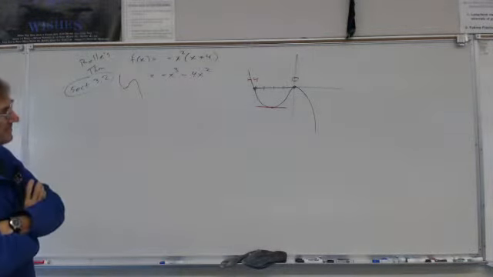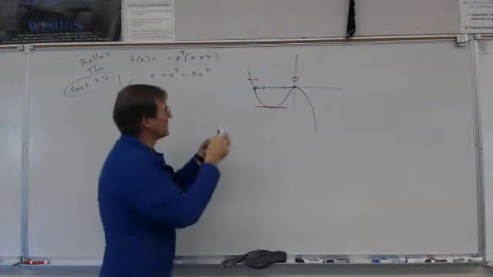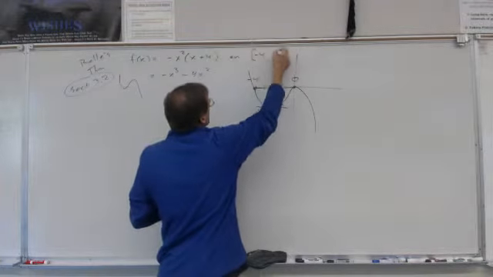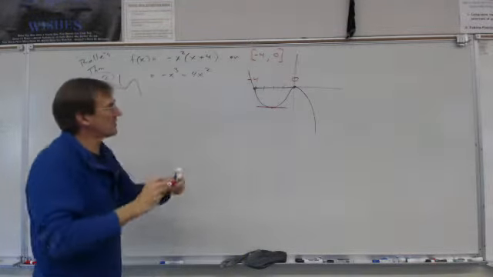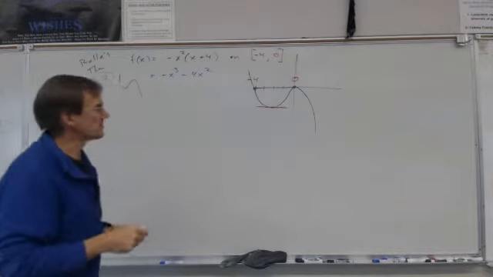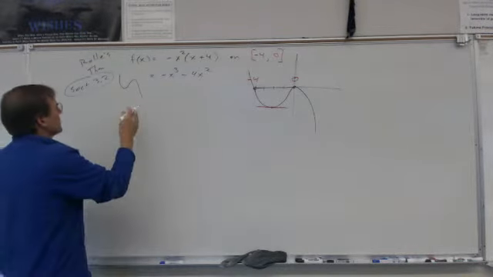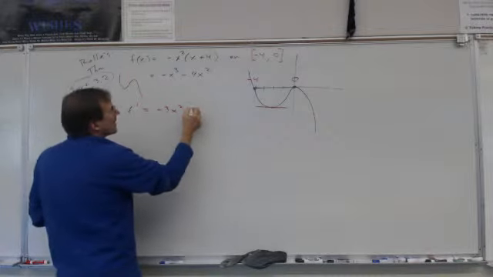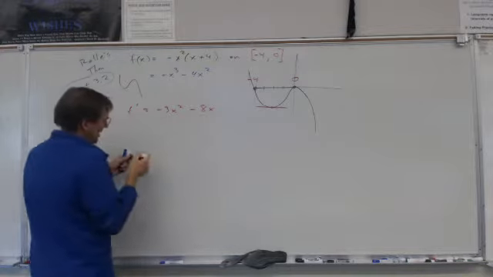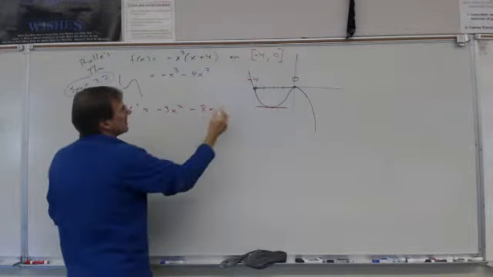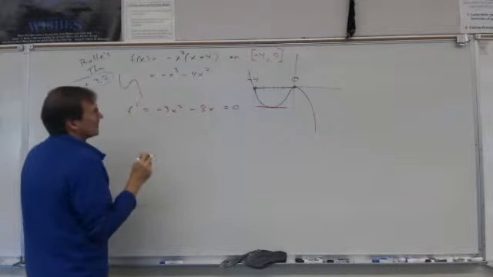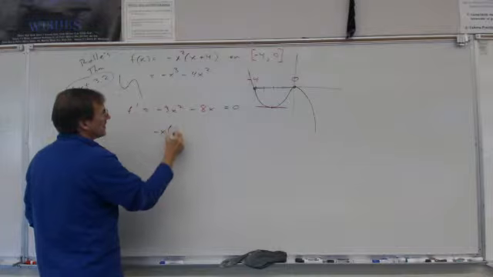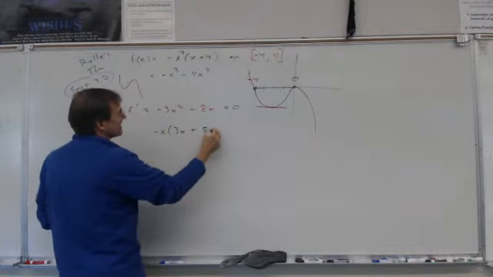Okay? So it's on the interval from -4 to 0, and we want to find the point between there where the slope, the first derivative, is equal to 0. So we differentiate this, so f prime is going to be -3x squared minus 8x, and we make that derivative equal to 0, and then we solve for x. So I'm going to solve for x by factoring out a -x, and that'll leave me 3x plus 8 equals